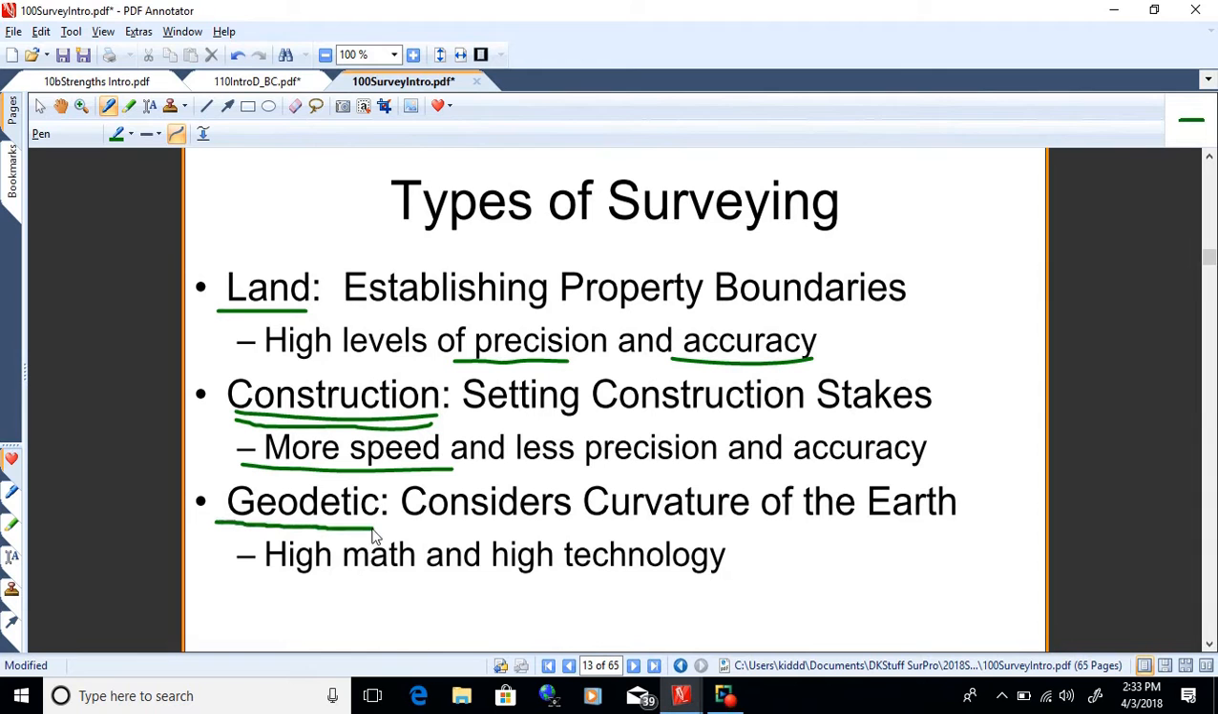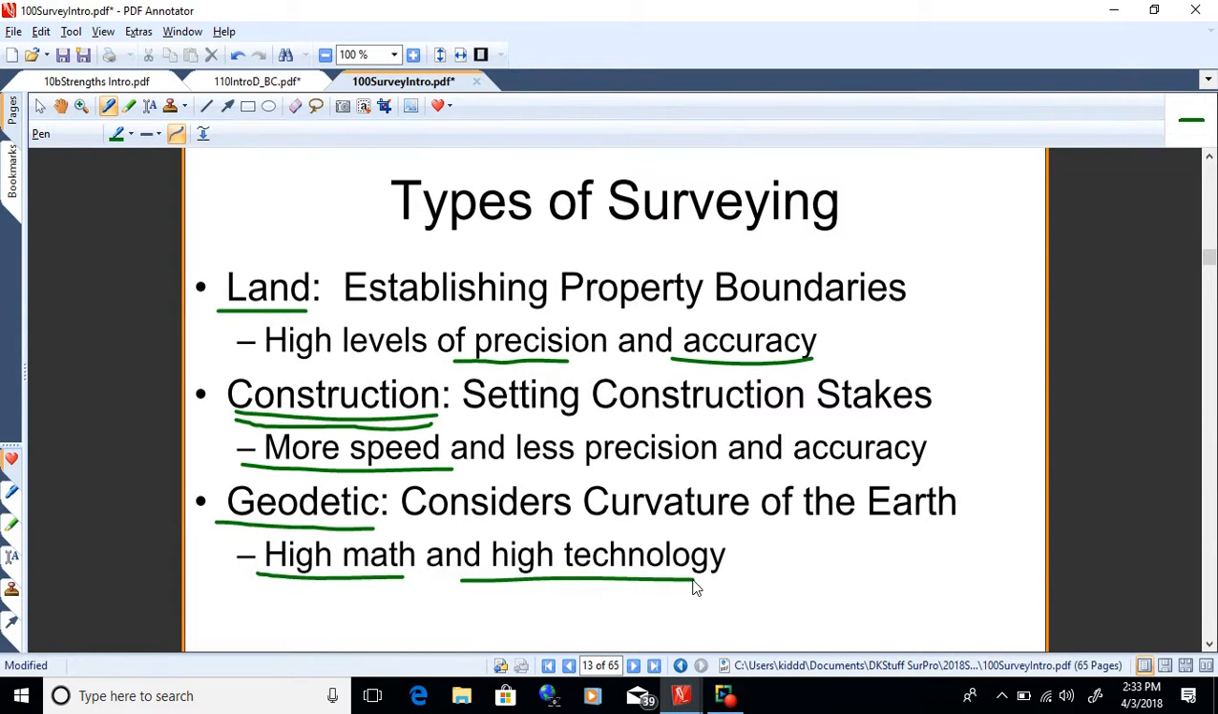Okay, geodetic surveying considers curvature of the earth, okay? So if you're building I-5, back when that was built from Washington down to California, they had to do geodetic surveying where they really looked at the curvature of the earth and how it affected the lengths of the lines and the angles, okay? So the people that do this are usually pretty good at math, they're very good at math, and use a lot of high-tech equipment, okay? Now there's lots of other types of surveying, but those are the three main ones that I've run into over the years,